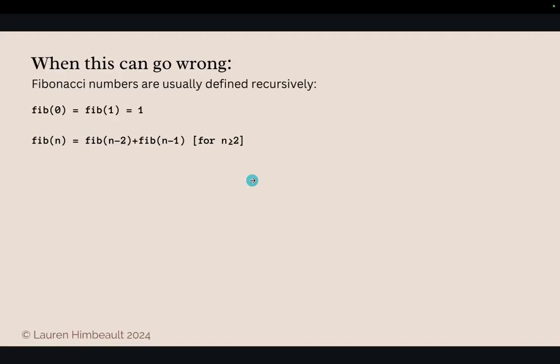Okay, so the last thing we want to show off is where this can go wrong. So Fibonacci numbers are super recursive. If you don't know what the Fibonacci sequence is, basically the 0th value and the first value are both 1. And then every value after that is made up of the previous 2 values. So it goes 0 and 1. Technically it goes 0, 1, 1, because 0 plus 1 is 1, and then 1 plus 1 is 2, and